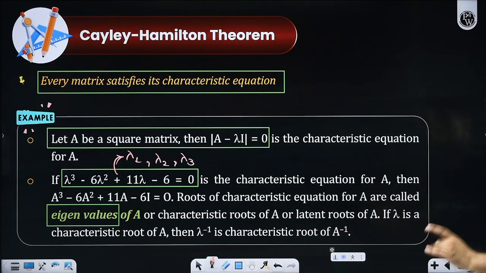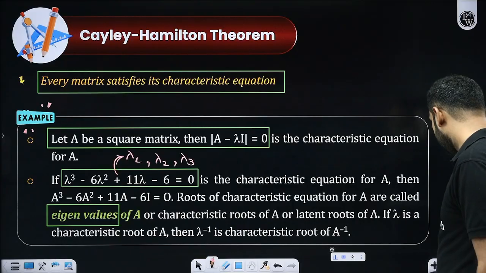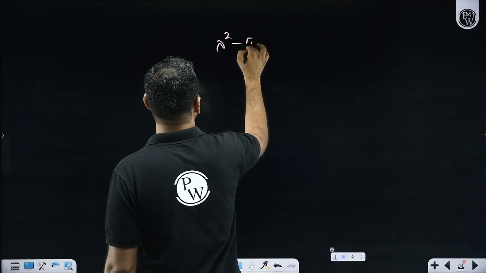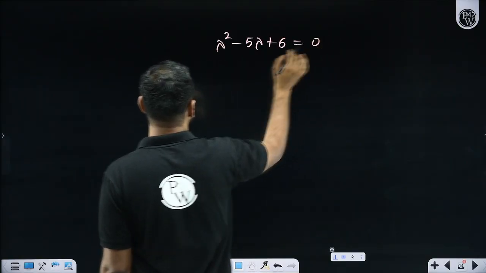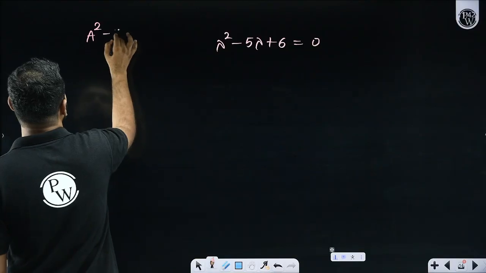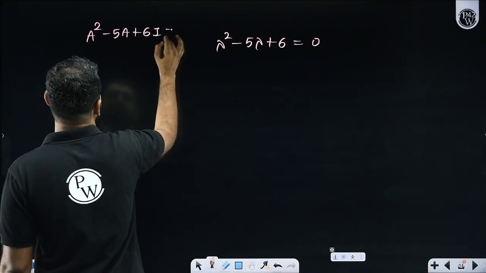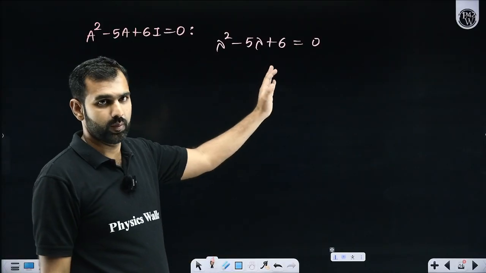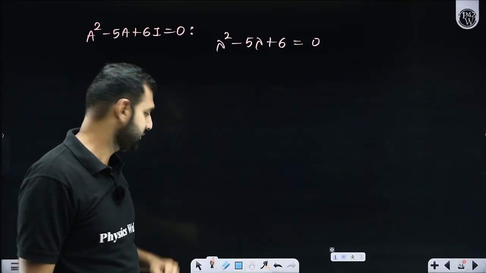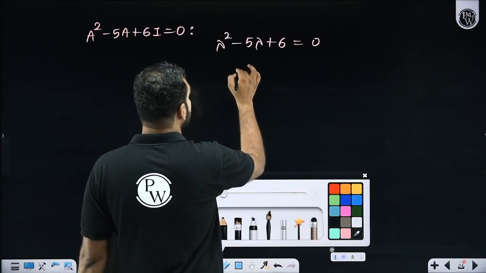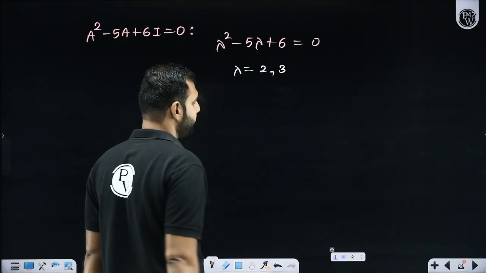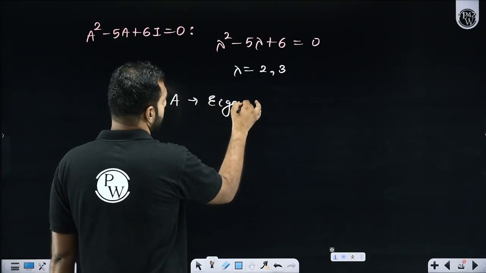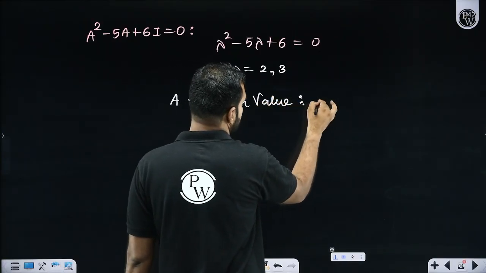So I hope eigenvalues, are you all comfortable with this? Let's say there is a matrix which satisfies this matrix polynomial, which means it was given as A square minus 5A plus 6I is equal to the null matrix. So this was that matrix polynomial. If it satisfies this matrix polynomial, of course, it was originally lambda square minus 5 lambda plus 6. So if you are solving this, I hope you are realizing you will get lambda as 2 and 3, yes or no? So I will say here that matrix A has two eigenvalues, which are 2 and 3.